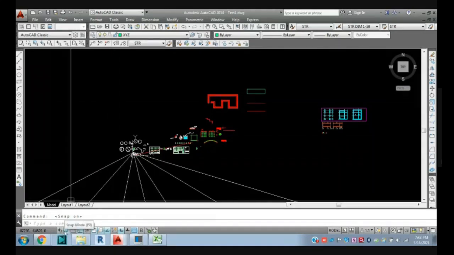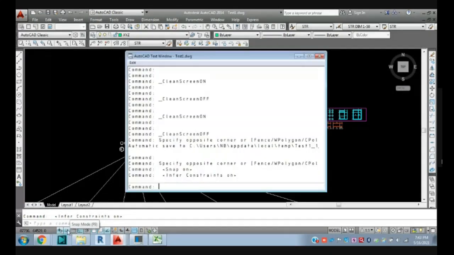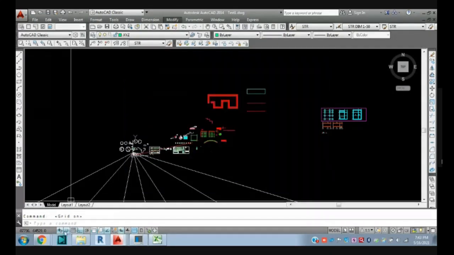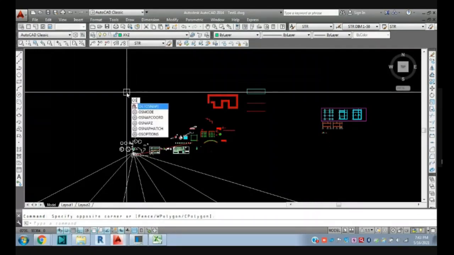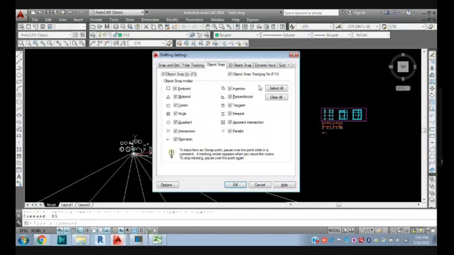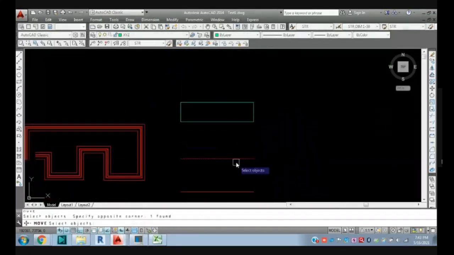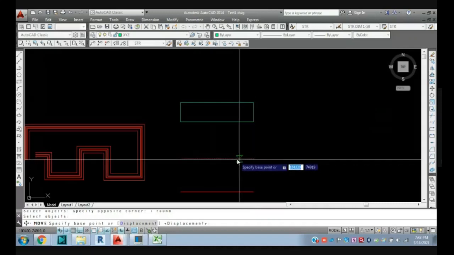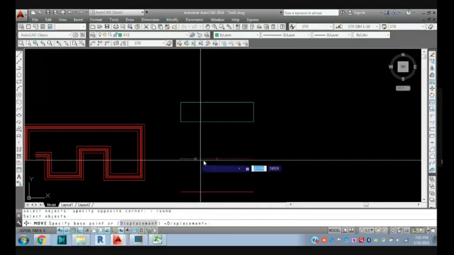So you can see here object snap. If I give the OS command, you can control the drafting settings also. Whenever I give a command, suppose I give the move command, you can see this endpoint, this midpoint is active.